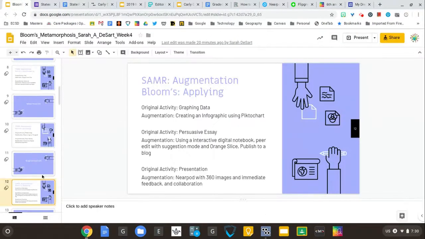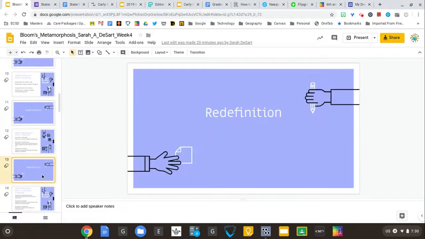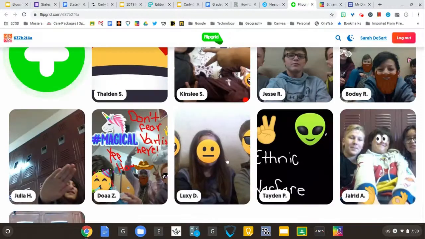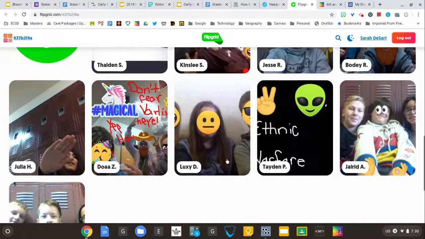The next category of the SAMR model is redefinition. In this one, they're evaluating and creating. One thing, they evaluate the issues in Africa and they have to come up with solutions to those issues. I have them use Flipgrid, and they make these little voice recordings.